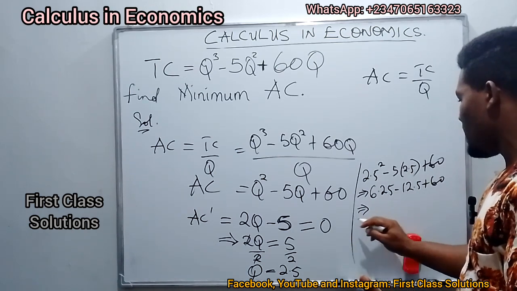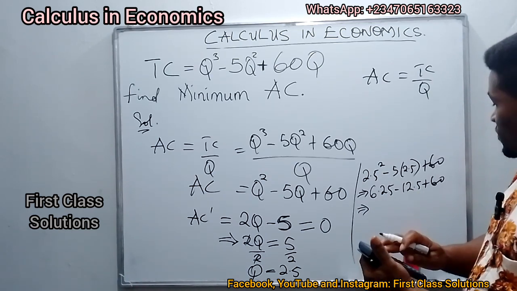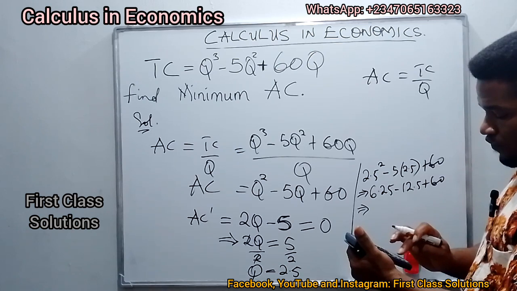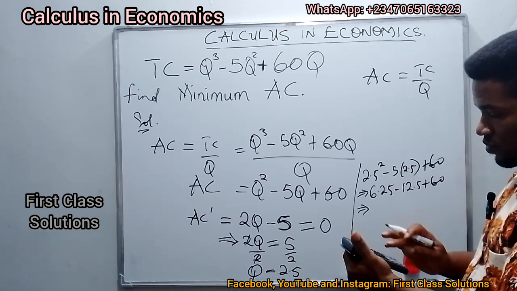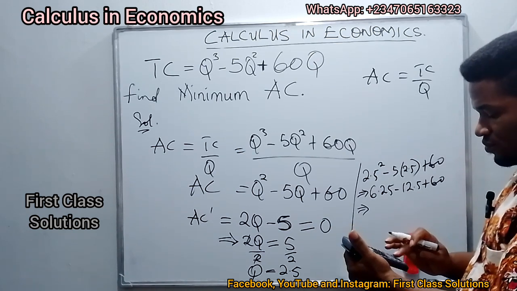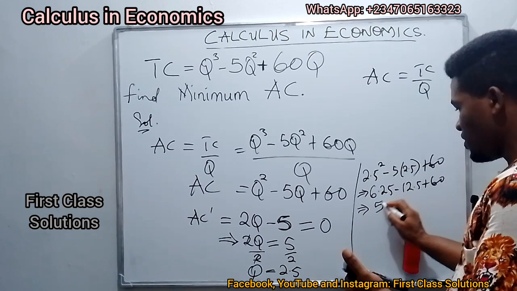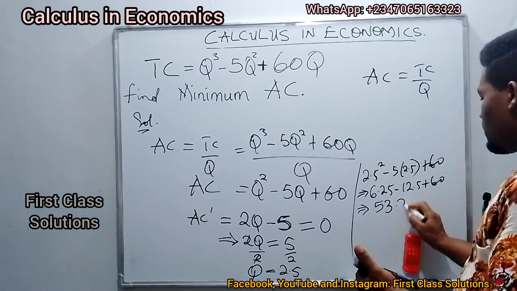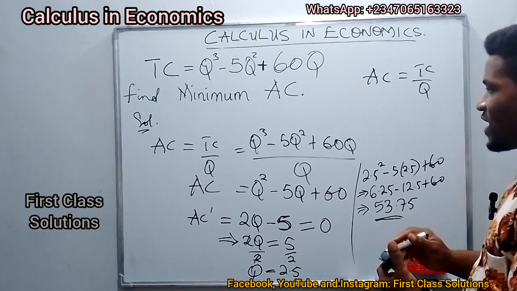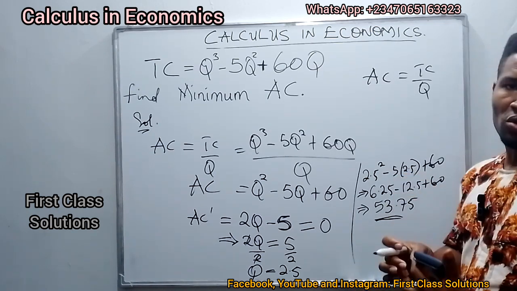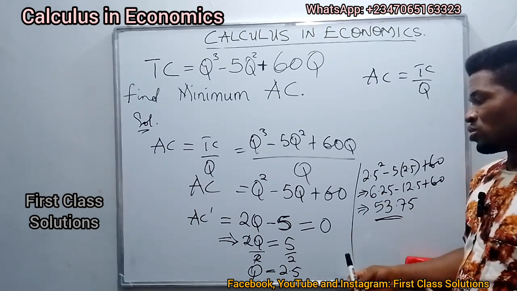So 6.25 minus 12.5 plus 60 will give us 53.75. So finally, 53.75 is that minimum average cost that a firm will incur when we engage in production by